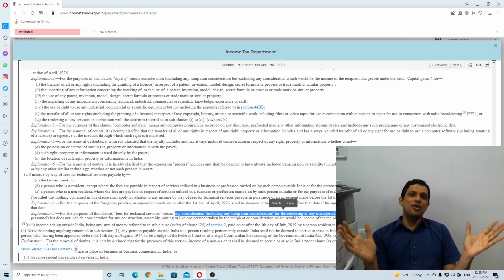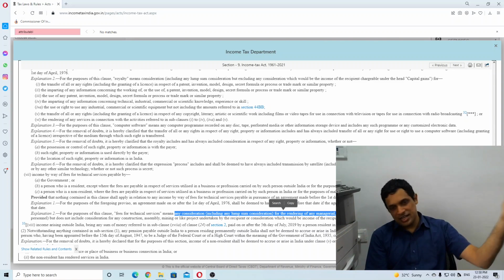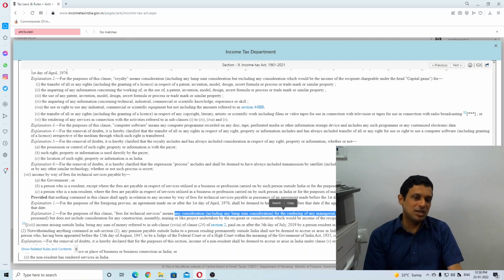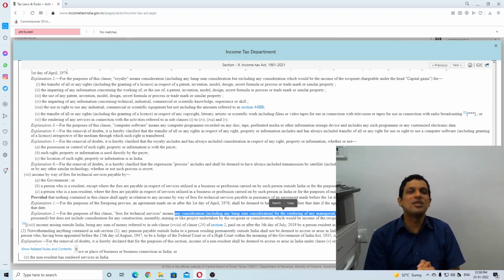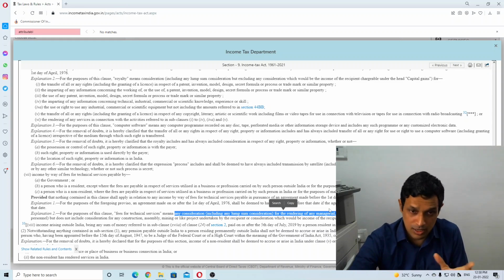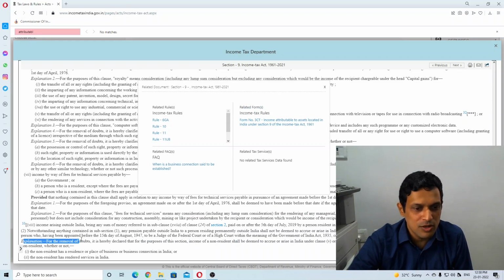And this gave a lot of leeway to the assessees to say that, look, rendering was outside, utilization is inside, and hence there is no question of technical service being charged. Now all that is settled. There were missteps in settling it, but in the Finance Act 2010, the government finally introduced an amendment which introduced an explanation which says, for the removal of doubts, it is hereby declared that for the